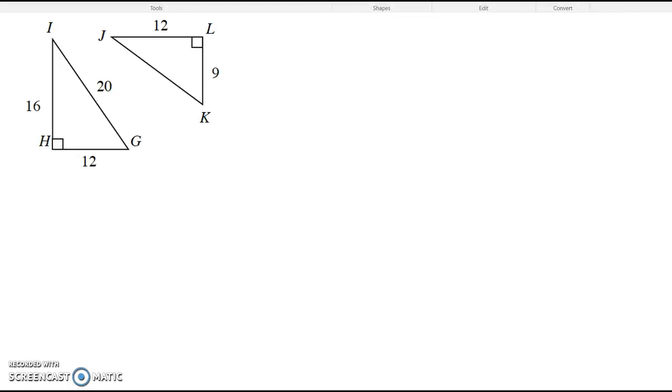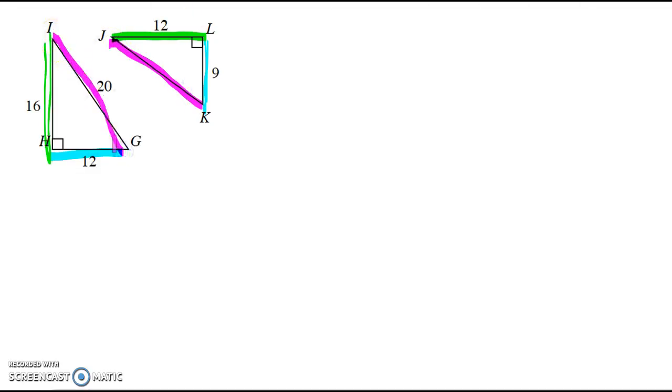So I'm going to highlight the sides here. It looks like JL is going to correspond with IH here. And then it looks like LK right here will correspond with HG. And then JK here will correspond with IG. Okay, so just by looking, we can't use, well,